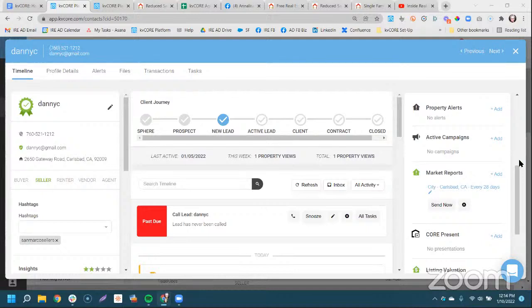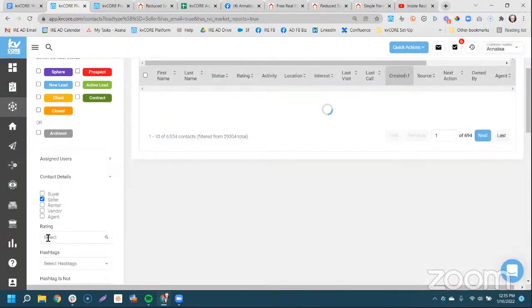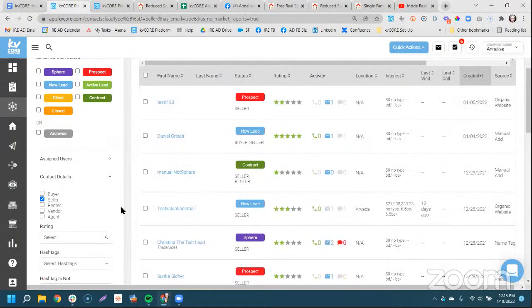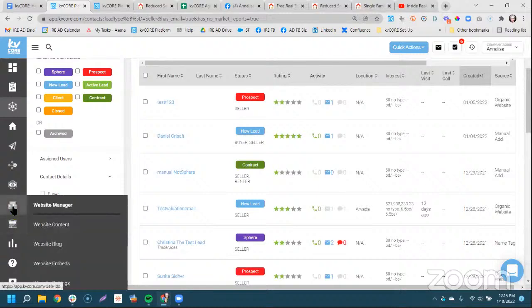And then Ivy had a question. If you're creating a squeeze page or search alert looking for a specific school area, will it only grab listings within that area? So that can be a little tricky depending on your MLS. Sometimes some of you out there that have MLSs that actually grab school districts, you can go into your website manager